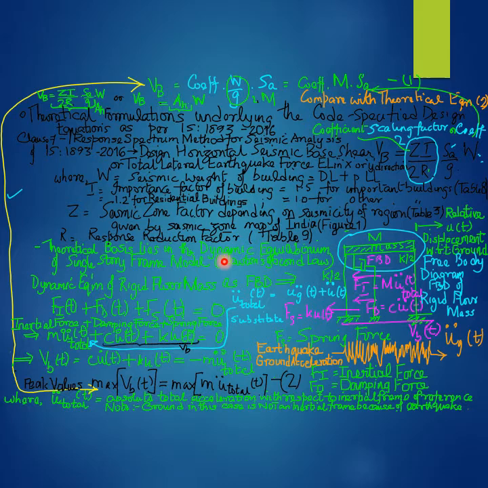Now with that theoretical formulation for the dynamic damping force denoted as F subscript D, we proceed to the theoretical formulation for the dynamic spring force denoted as F subscript S. It's a well-known relationship that the spring force is simply the spring constant K, or the spring stiffness K, which in this case is the combined spring stiffness of the two columns of the single story frame model